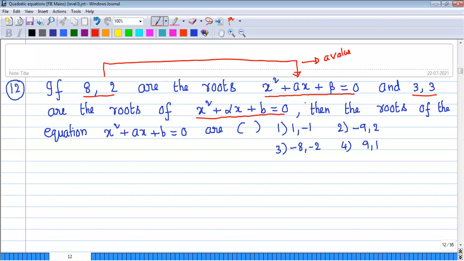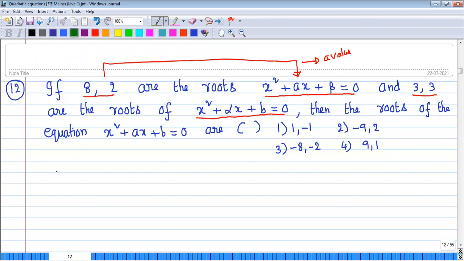Sir, can you show problem number 11, sir, today? Next, the b value can be evaluated from the second equation. So let me complete this question. After that, I shall move to the 11th question. Right. Sir, plus 9, 1. Yes, okay. It might be. It will be completed now.